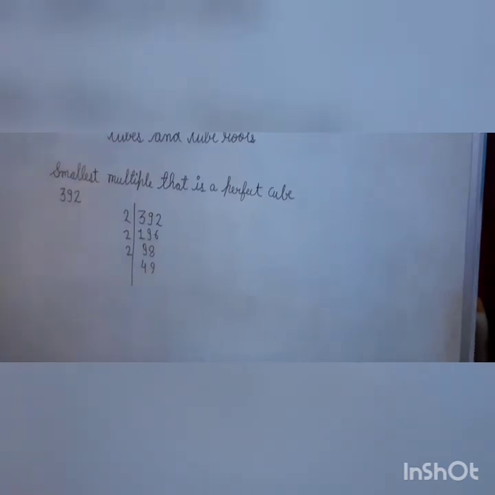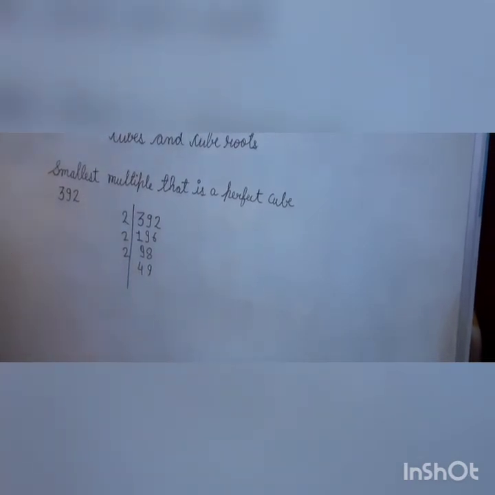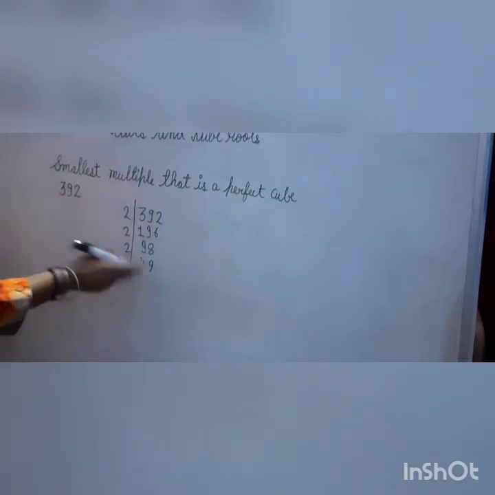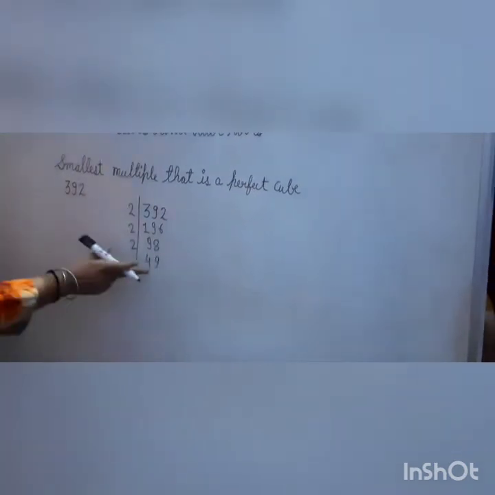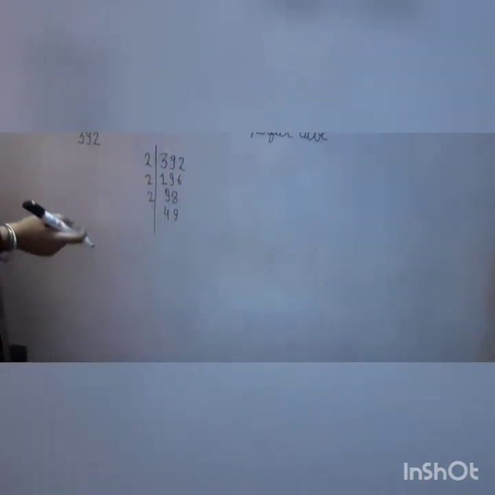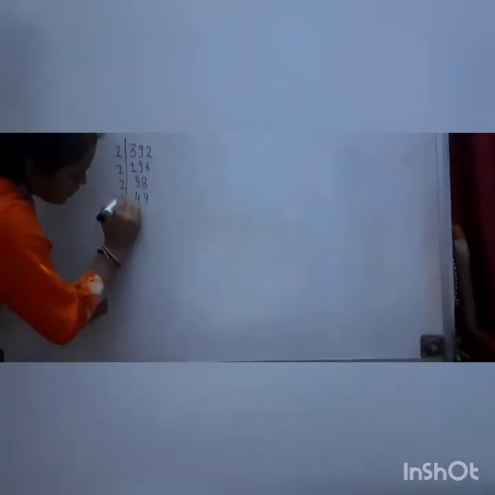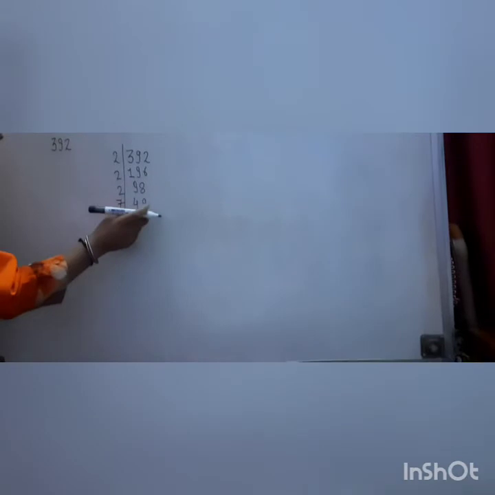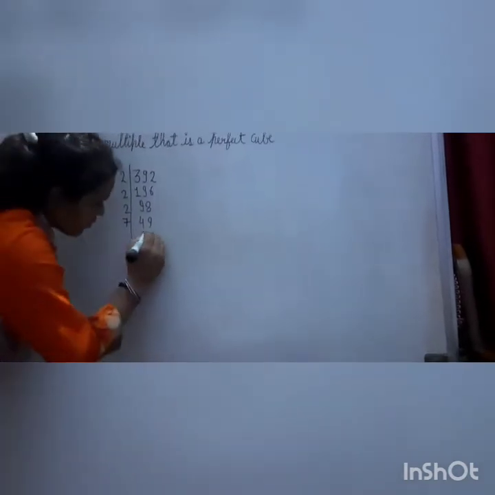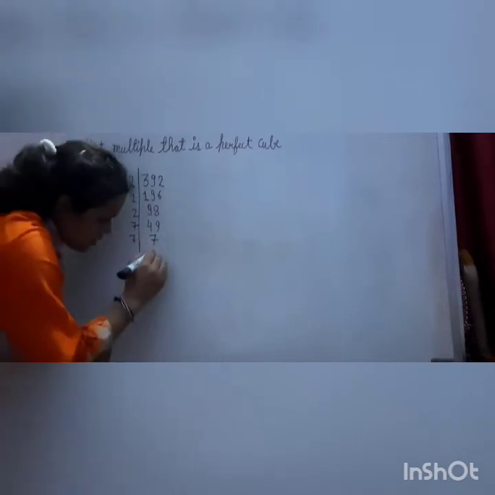Now you have to see 9 plus 4 is equal to 13. 13 is not divisible by 3. 4 also cannot divide this number because 9 is an odd number. 5 also cannot divide this number because it is odd, it is 9 there. Now 6 also cannot divide this number because it is an odd number. Now you can divide it by 7 because you know that 49 comes in the table of 7. 7 7 ja 49, 7 1 ja 7.